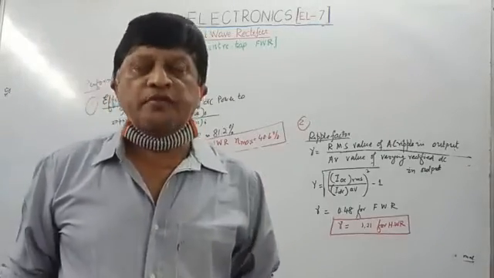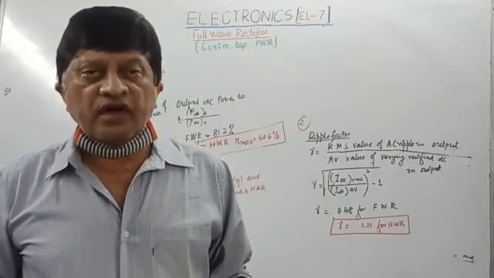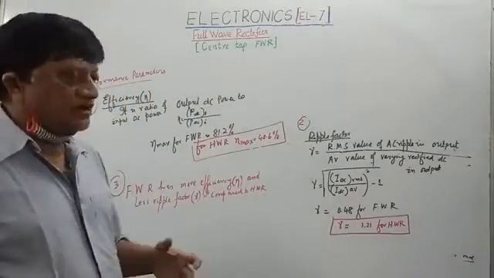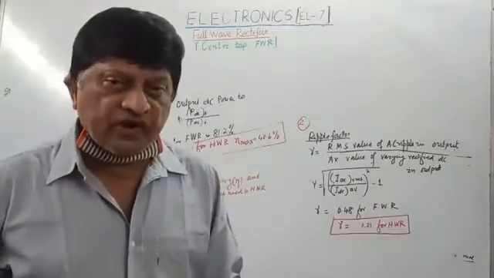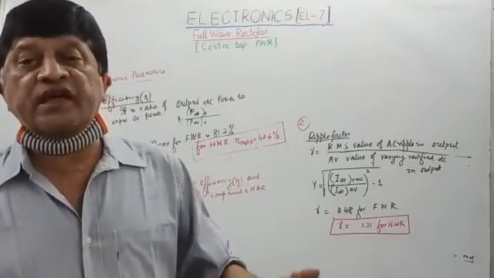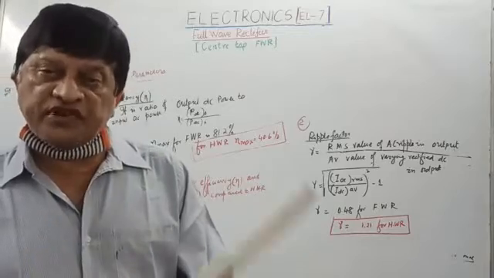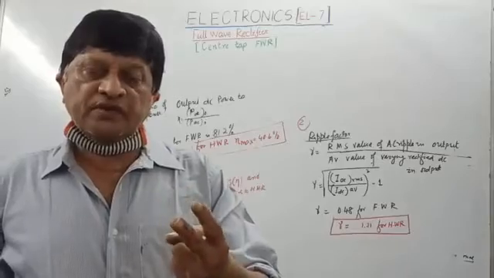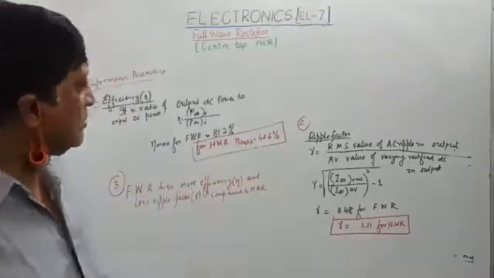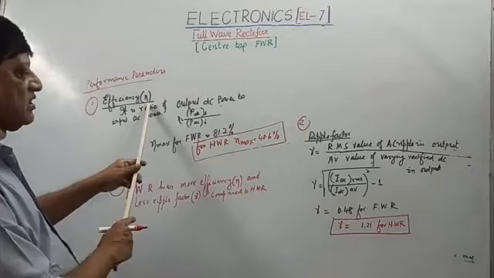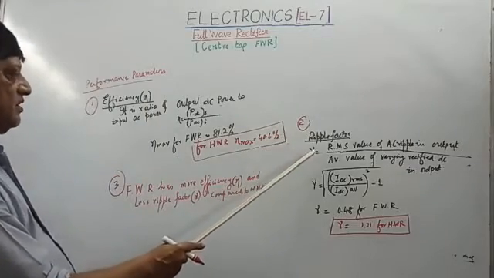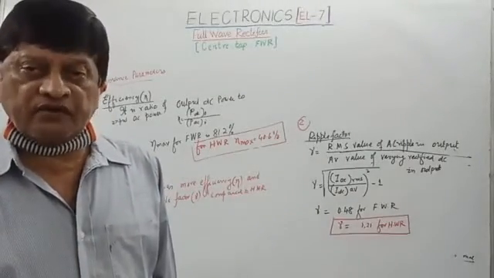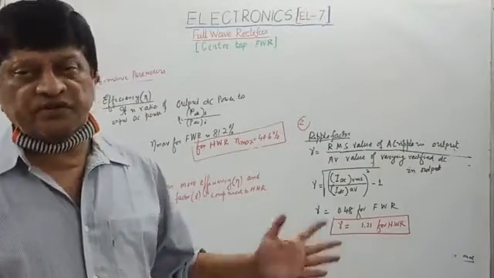Students, we have now almost come to the end of our study or discussion on full wave rectifier. Now the question is, how perfectly does the rectifier we are using work, how efficient it is. To judge its performance there are two mathematically defined factors. One is efficiency, called eta. Two is ripple factor. We have also discussed this in our study about half wave rectifier. So it will be our definition.